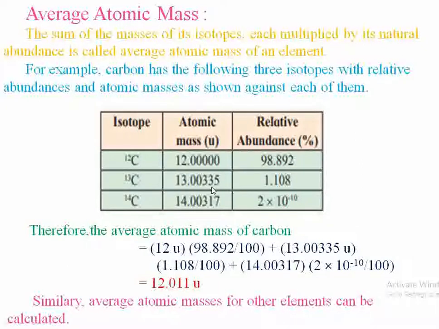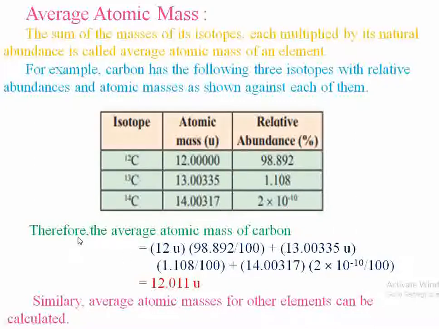In case of C12, this is a high percentage, 98.892%. That is the natural abundance of C12. For C13, 1.108, and C14 is 2 into 10 raised to minus 10. This is the natural abundances. If we multiply these natural abundances with these atomic masses and take the average of the atomic masses, we get the average atomic